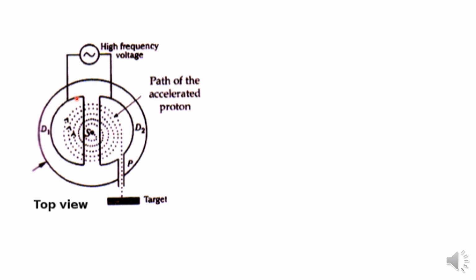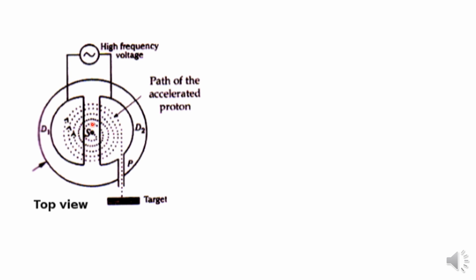is having two hollow semicircular electrodes, chamber electrodes. Now these are Ds, D1 and D2, and these two electrodes are connected to an AC source. Since we are using an AC source, after every half cycle the polarities of these electrodes get reversed, and here we have kept the source which releases the ion to be accelerated, and the ion is placed at the center